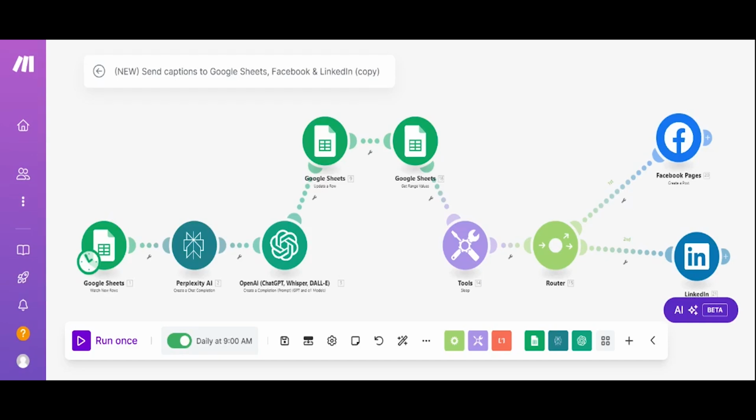So basically what I do is whenever I have created a new article on my newsroom, I will put that link to the article in a Google Sheet that's titled whatever. And then this will watch for any time a new row has been added to that Google Sheet, which means it's time to trigger Perplexity to write a summary of that article that ChatGPT will then use to create a caption. So I'm going to repeat that. Perplexity writes the summary of the article that I published to my newsroom, and then ChatGPT will create the caption